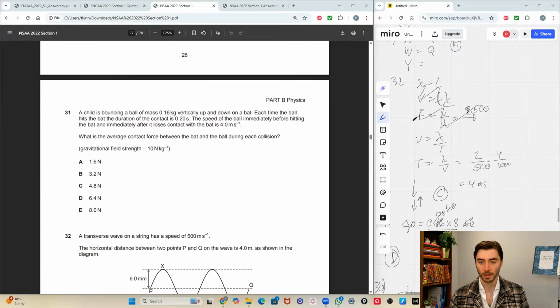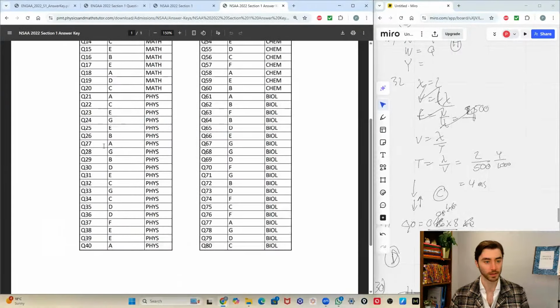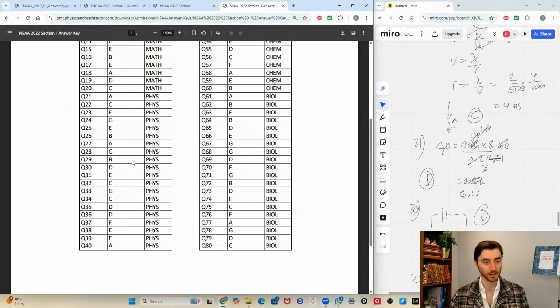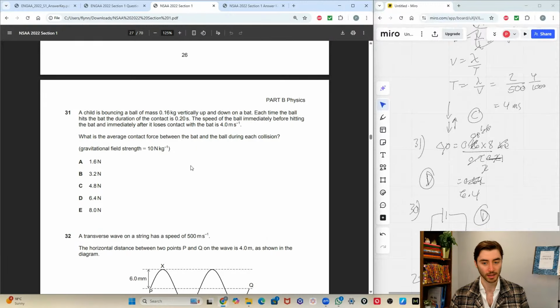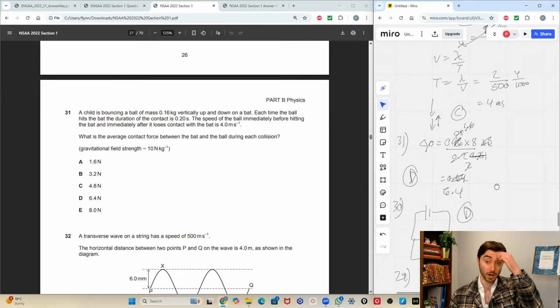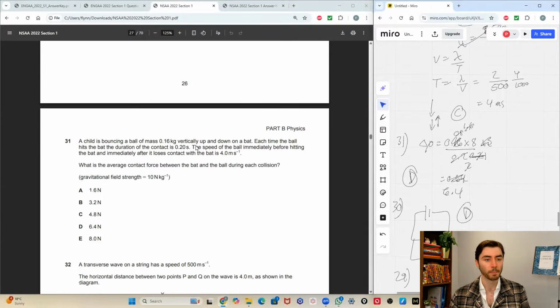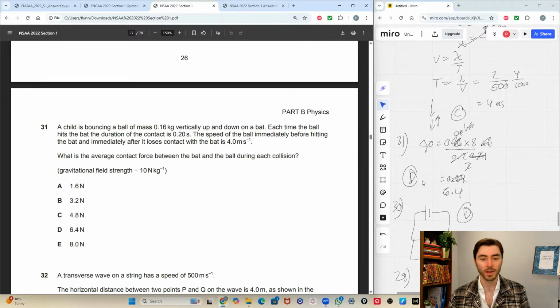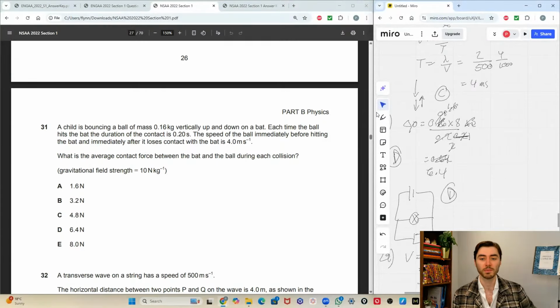So 31, wait, I did get that right. 32C, yep. 31, I said D. 31 was E. Oh yeah, my messing here was just beyond atrocious. So let me try that again. I know I got the theory right. So the change in momentum, let me just redo this. Mass times the change in momentum is 8 all over 0.2. Oh no, I thought